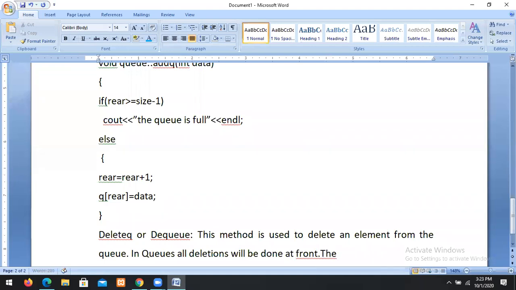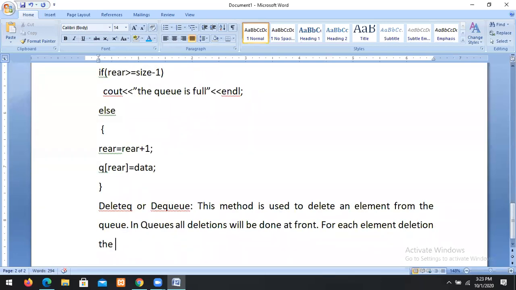For each element deletion, the front is incremented by 1. The queue is empty when rear equal to front.